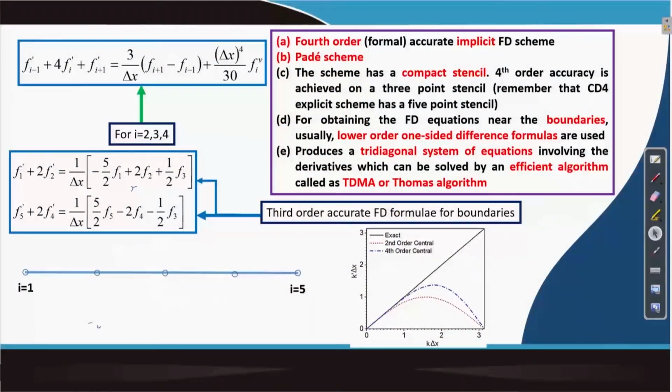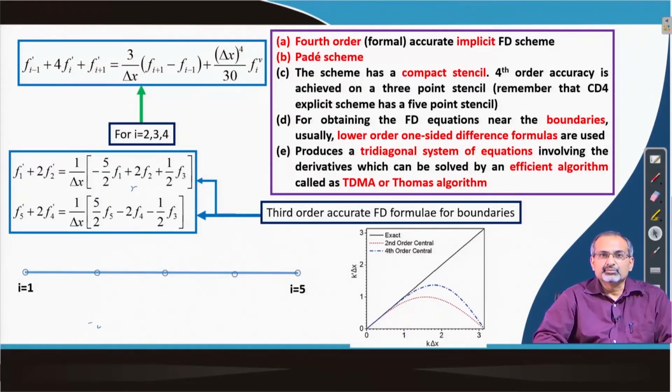Before we close our lecture on Taylor series or rather Taylor table approach, we would like to look at one example where we revisit the CD2 and CD4 schemes that we have discussed in earlier lectures and try to do a small example problem using these two schemes and see how they perform, with a particular eye on the modified wave number approach implication.